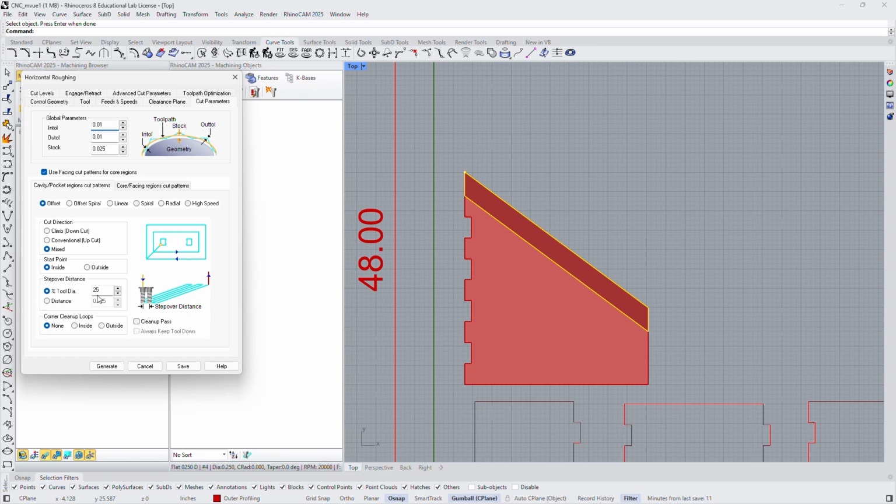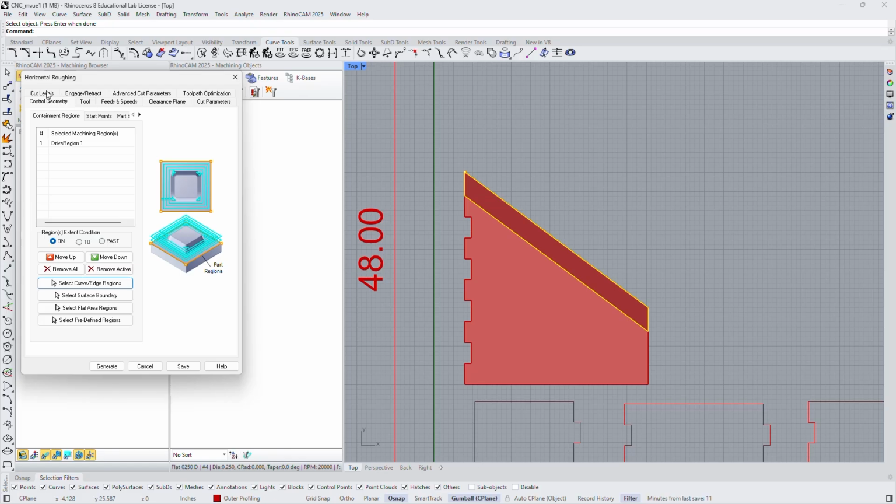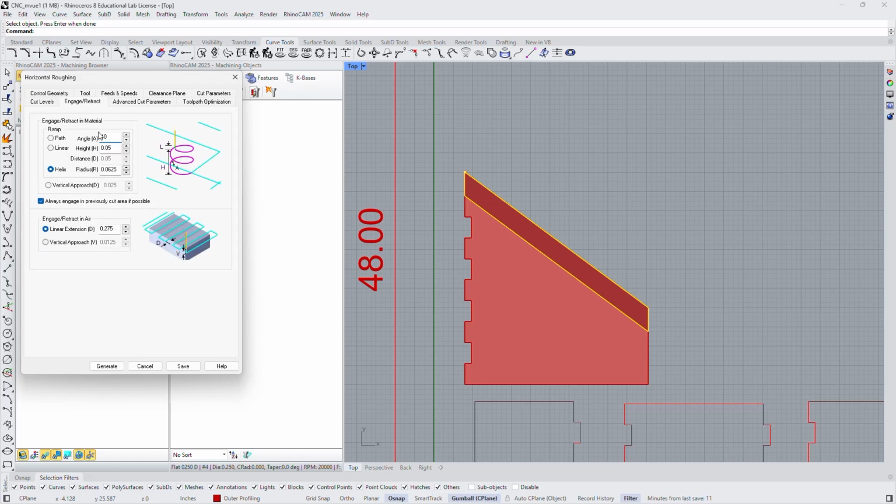Might actually change the step over to 50. So you can see I just kind of reversed those. This was previously 25, that one 50, and I've kind of reversed what the defaults came in as. For engage and retract, we're just going to enter through a helical motion,